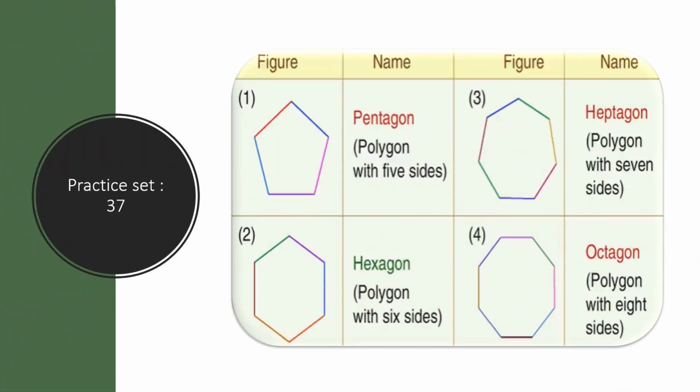So now we are heading towards your awaiting topic, that is practice set 37. We all have learned about polygons, right? So here we have a figure and we have to name it. The first one with 5 sides, that is pentagon. Second one with 6 sides, that is hexagon. 7 sides, that is heptagon, and the one with 8 sides is octagon. So it's very easy, I guess. Even you all can do it in this way in your notebook. Next